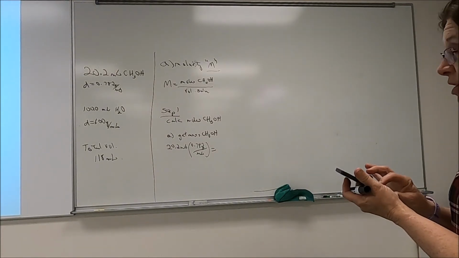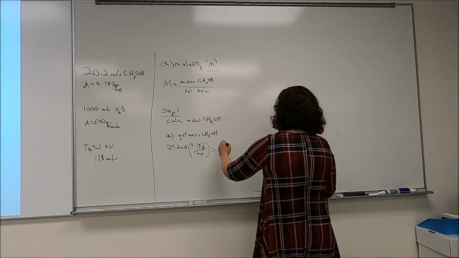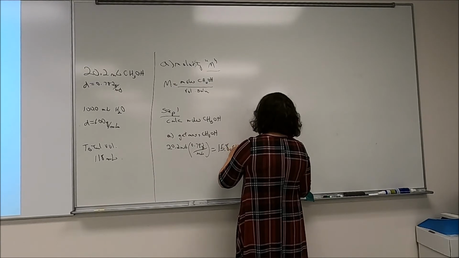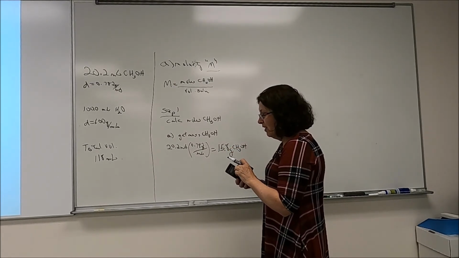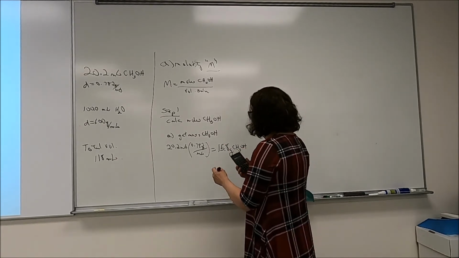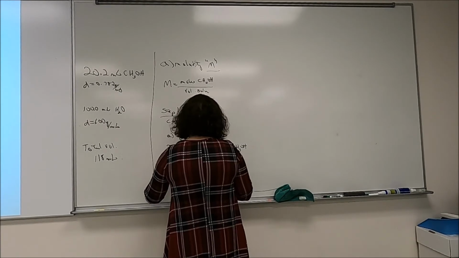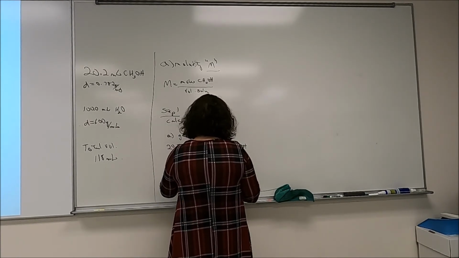So 20.2 times 0.782 gives me 15.8 grams of CH3OH. Now my calculator's reading 15.7964. Okay? If I round it to 3 significant figures, that's where I get that. So I'm going to go with the 15.8 grams CH3OH,